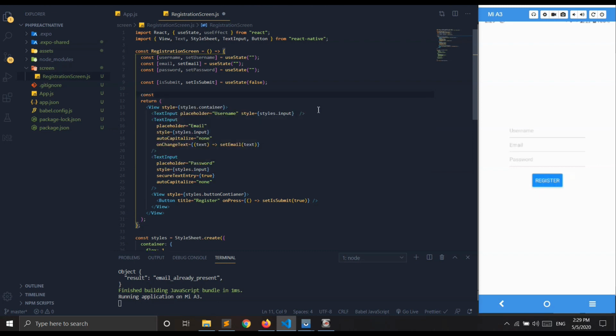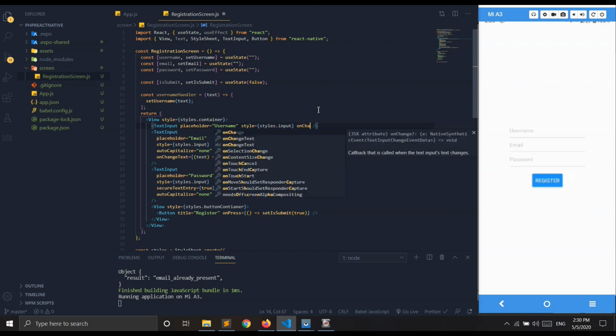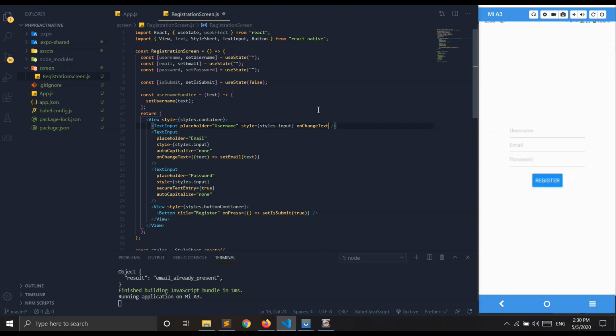I'll name it usernameHandler, and this will receive an argument, a value string, from the text input, and here I'll call setUsername with this value.